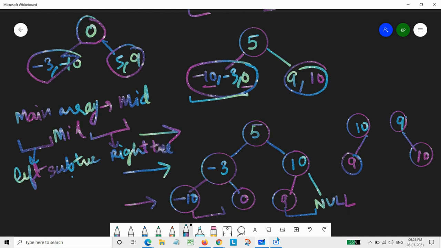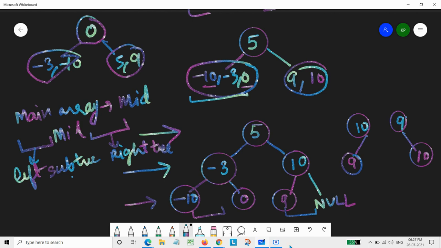And we are doing this again and again until we reach that portion where we are done with the whole array. So that's how it gives us the intuition of how we could solve this question: we need to simply do binary search on this array to find the middle every time, and thus create a new binary search tree out of this sorted array.